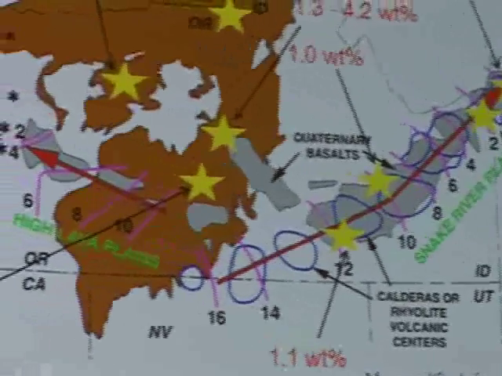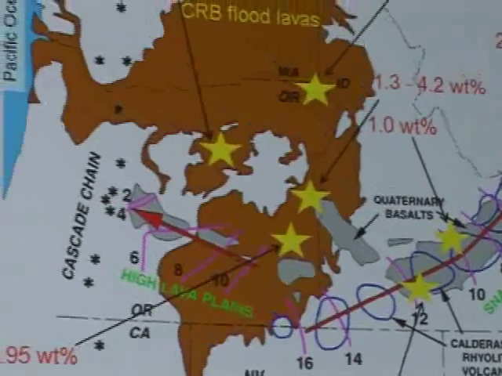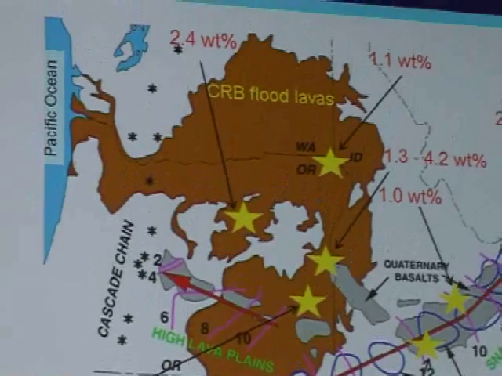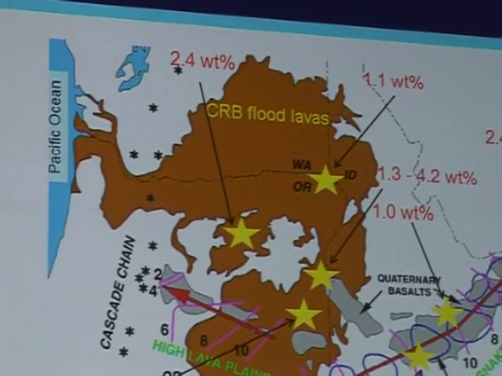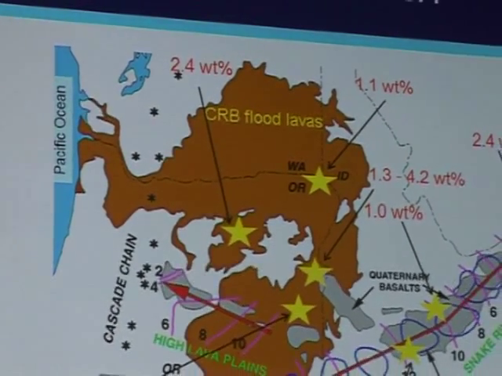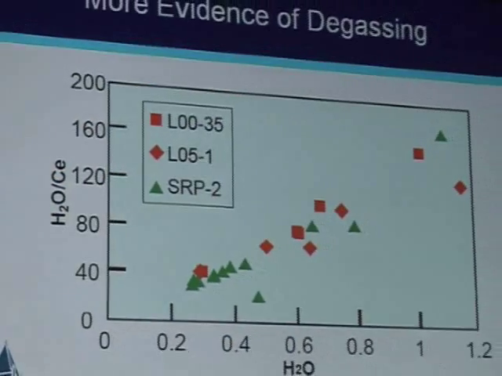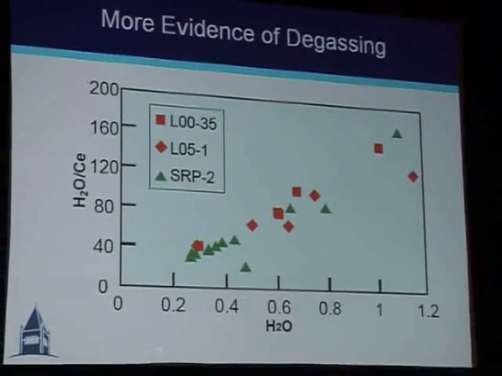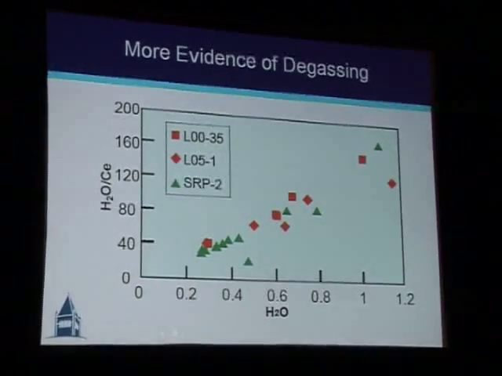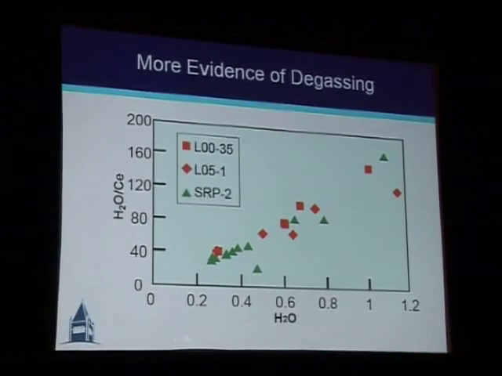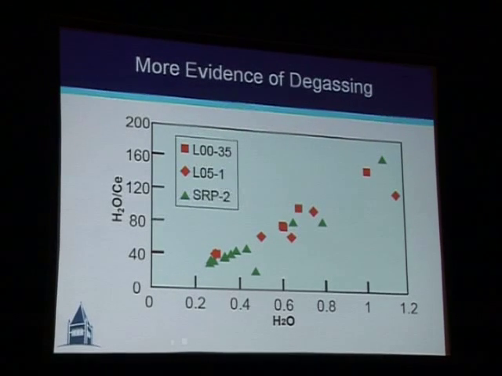So again, I would invoke the idea that flux melting, even in situations like this where plumes have been invoked, may be very important processes. Now, let me finish off talking about the Columbia River basalts by pointing out that when we compare water concentrations